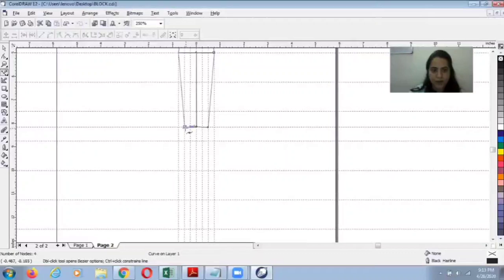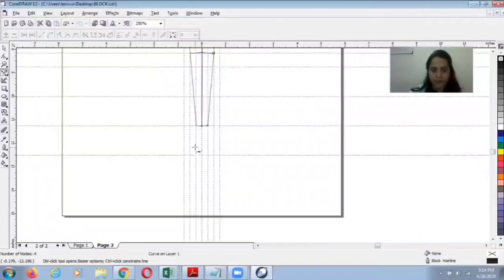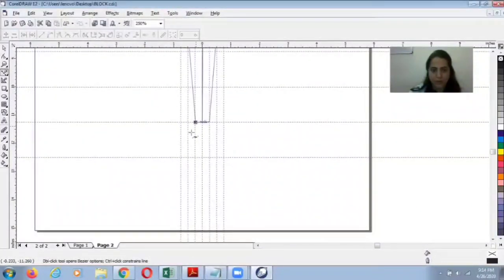For ankle it will be 0.25, 0.25. Here also it will be 0.25. Now I do 0.5 foot, and here also 0.5.